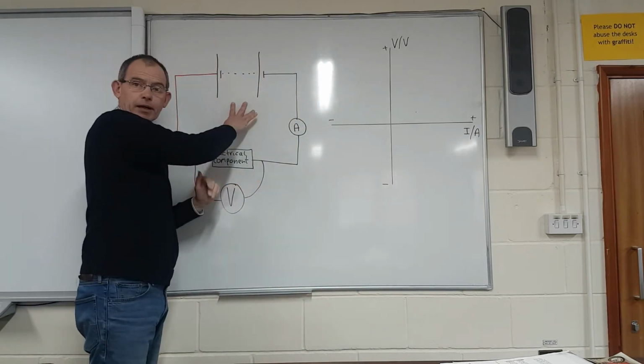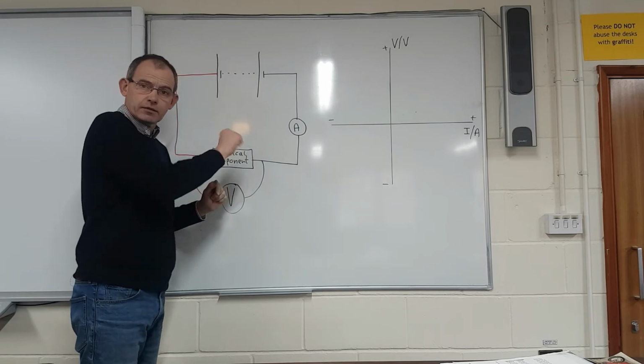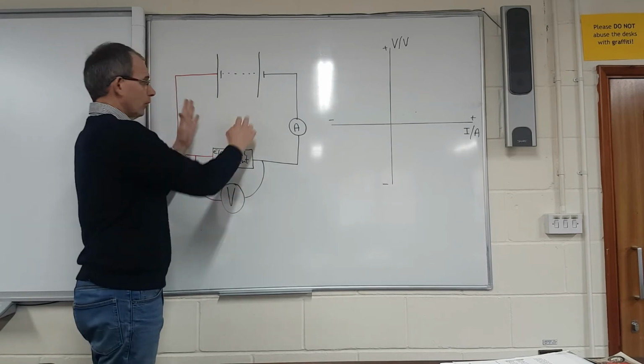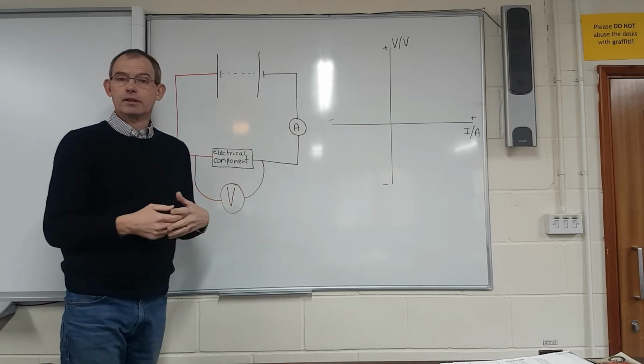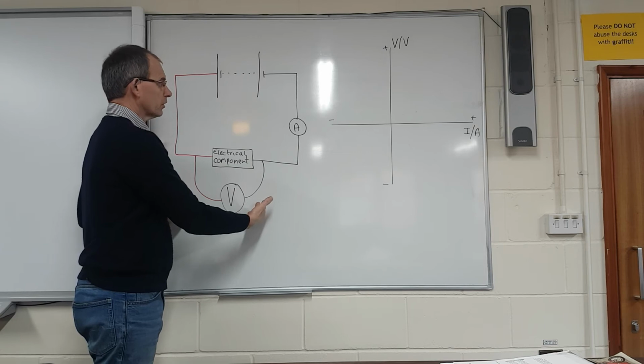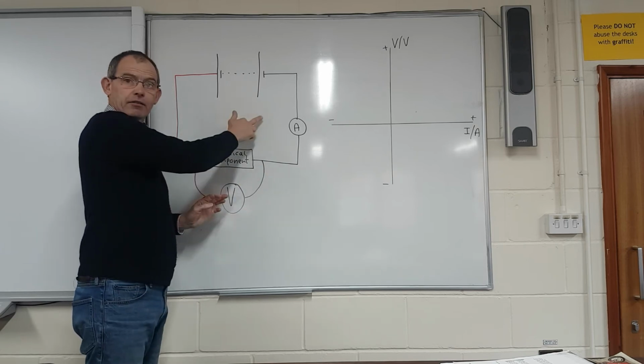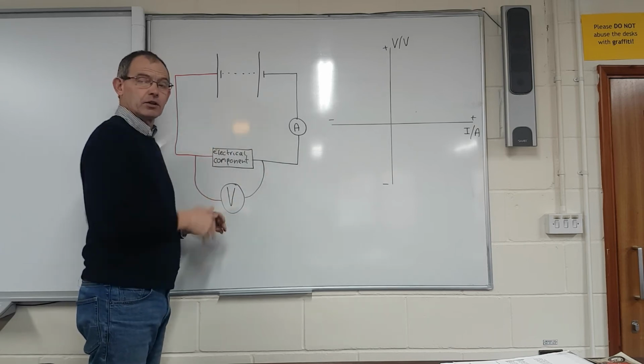We have a variable power supply of some kind, so we can turn the potential difference up and down. We have an ammeter for the current. Here's an electrical component in series. We have a voltmeter across it, and then by getting varying values of voltage and current, we can plot a